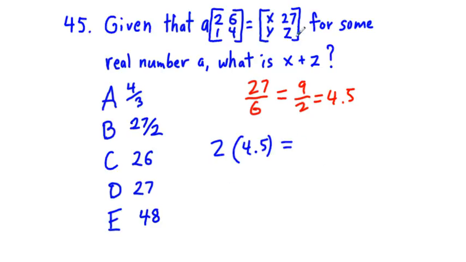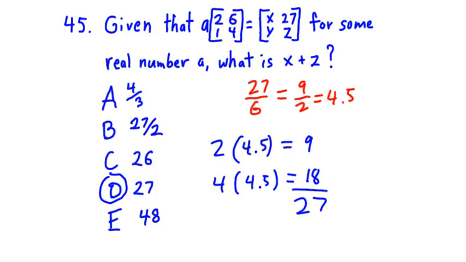And then for z, in the place of z is 4. So for z, we have 4 times 4.5, and we get an answer there. So 2 times 4.5 is 9. 4 times 4.5 is 18. And if we add these two together, we get 27. Our answer choice is D. Next,